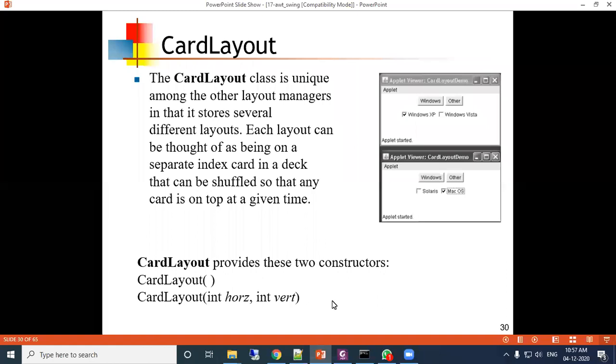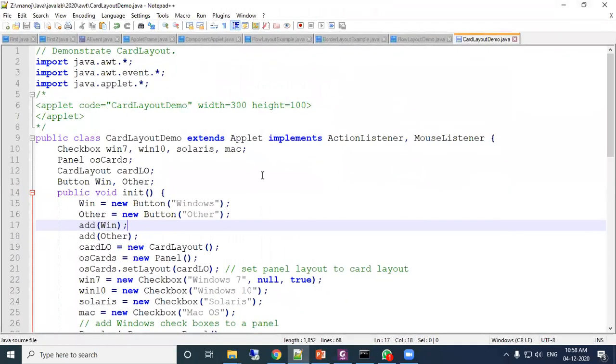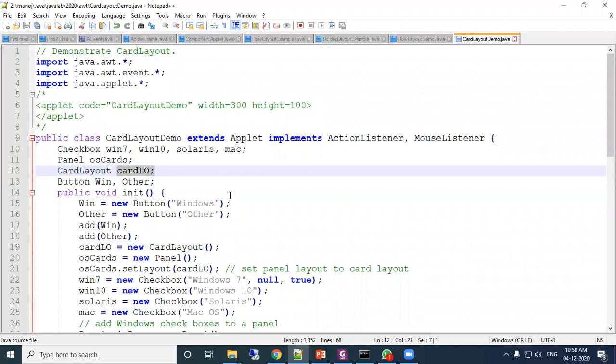Okay. So now let us see one example of a card layout program. Just see the program here. The card layout is one class using which it has created cardLO.